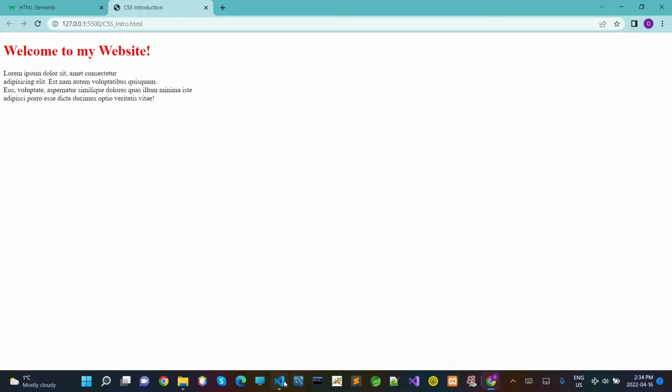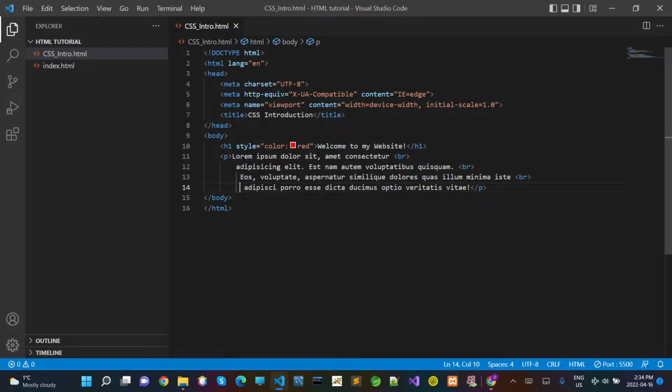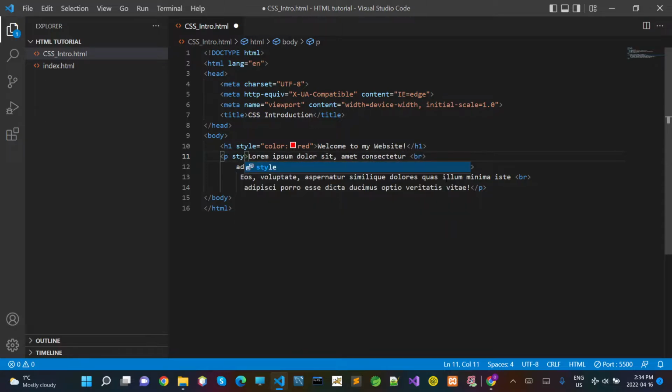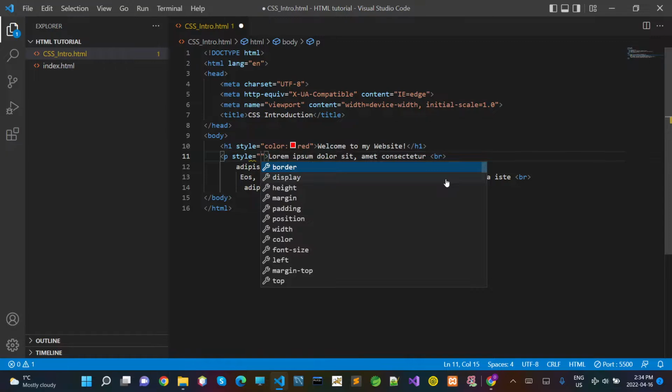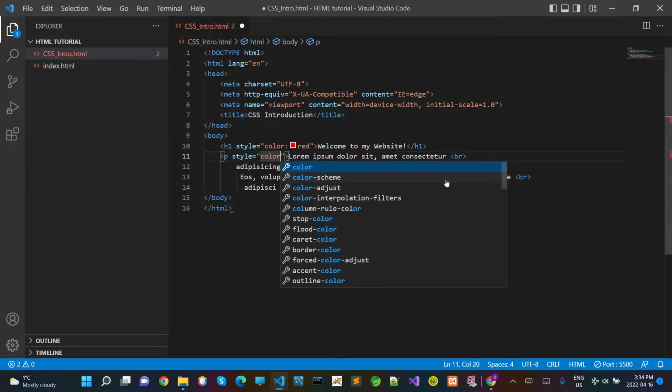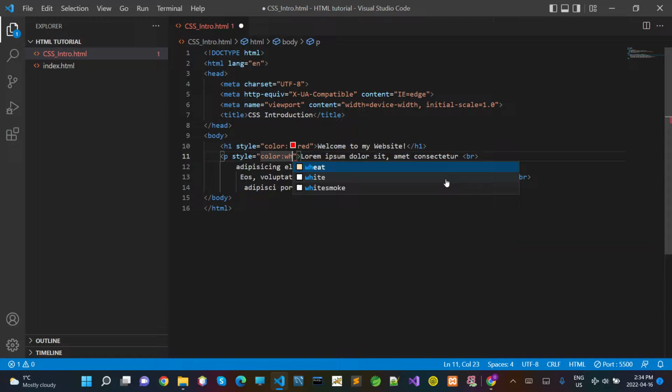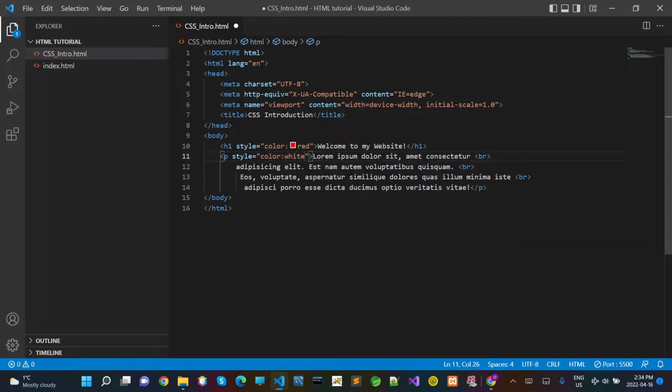So okay, how about we change the color again of this paragraph? So always you go to the opening tag of your element and write style. When style comes up, use the tab key on your keyboard and write color, just like we saw before, and then let's write white, tab key. Then next, what you can do is write background color,